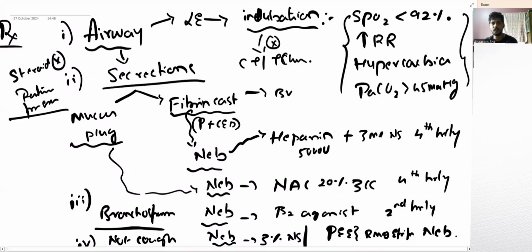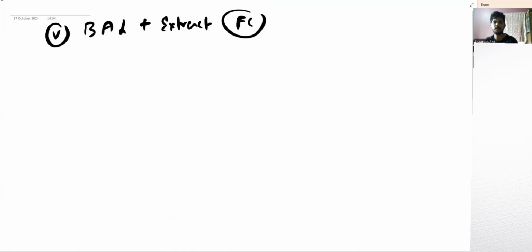So these are the ways by which you manage. And then when the patient has developed bronchopneumonitis, there is a cast, there is a fibrin cast. This fibrin cast, if it is not coming out with heparin also, then you need to do a bronchoalveolar lavage. So this comes after 3 days because when bronchopneumonitis has set in, multiple bronchoalveolar lavages with extraction of the inspissated fibrin cast is needed. This is fifth. And sixth,